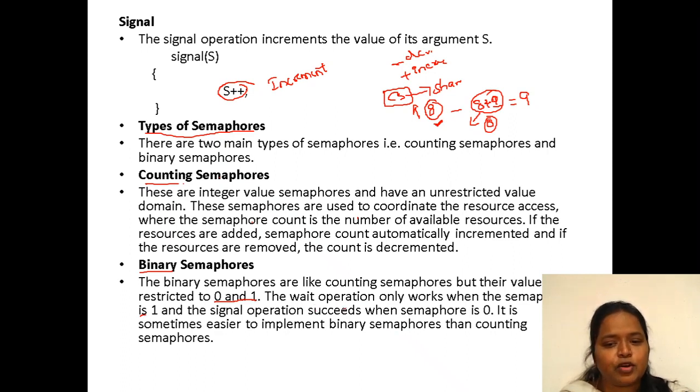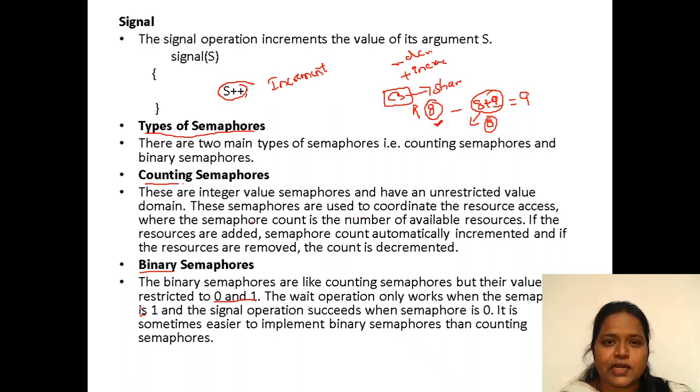So if the value is 0 and we decrement by 1, it is going to become a negative value. That is not the case in the wait operation. So only a positive value should come. If it is 0 or negative, it doesn't do any sort of operation, as we discussed in the initial discussion. Fine.